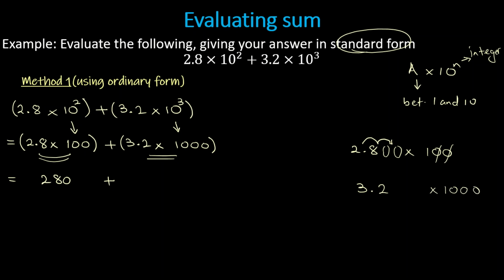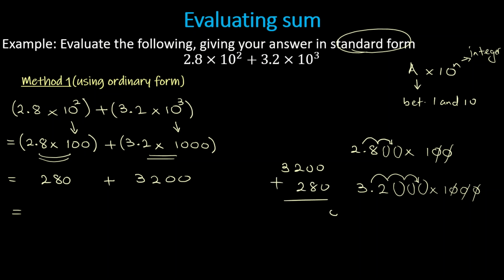times 1000. So I include some zeros, then I move the decimal to the right by 3 decimal places, 1, 2, 3. So it is 3200. Now simply I have to add these two numbers, 3200 plus 280, it gives 3480,